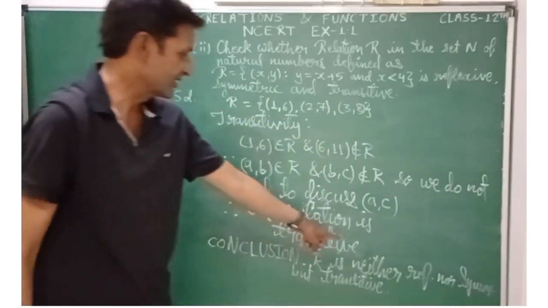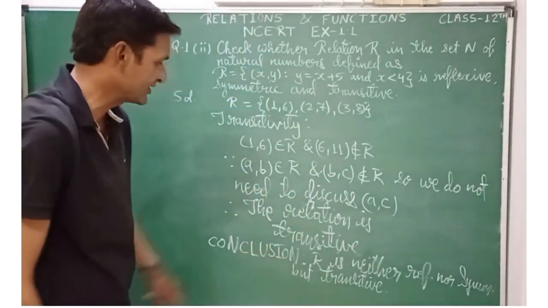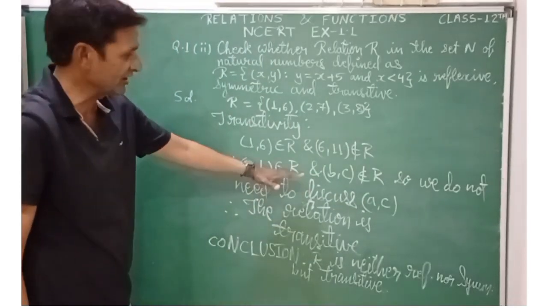The relation R is neither reflexive nor symmetric, but it is transitive because the primary condition of the transitivity is not